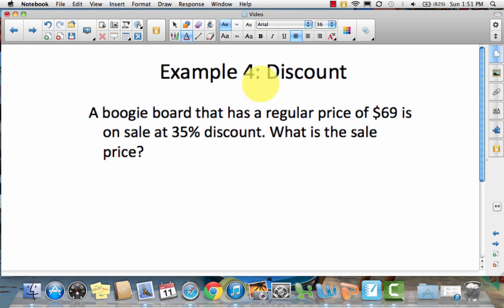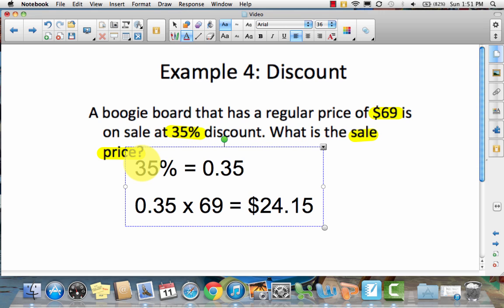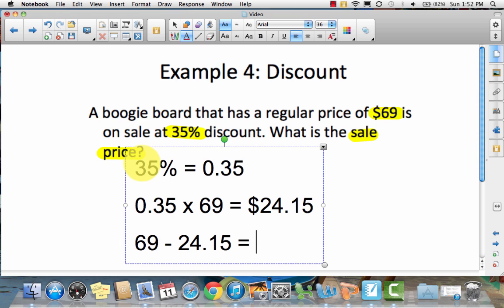And the last example is a discount or a sale. The boogie board is a regular price of $69. It's on sale for 35% off, and we want the actual selling price. So, going to change the percent to a decimal. 35% is equal to 0.35. We multiply 0.35 times the price of the boogie board, which gives me $24.15. And then finally, since it's a sale, we're going to subtract 69 minus the amount of the discount and get our final cost, which is